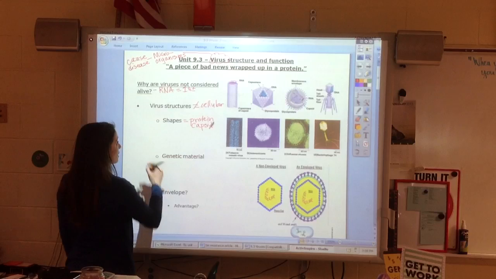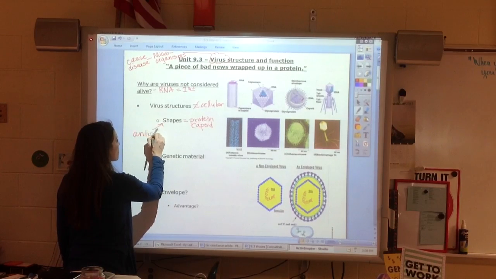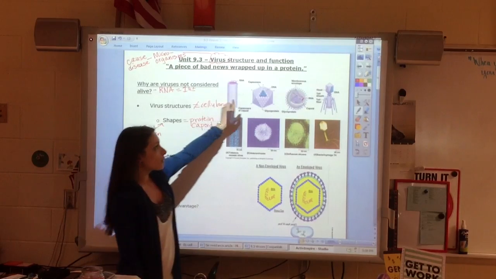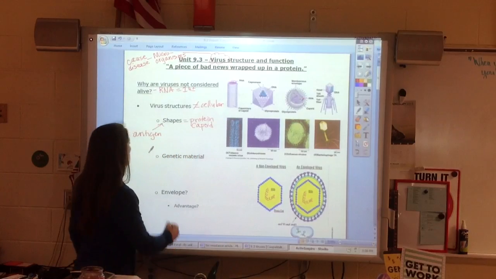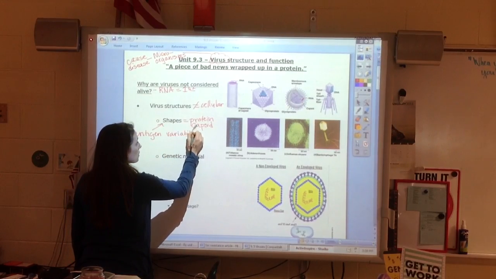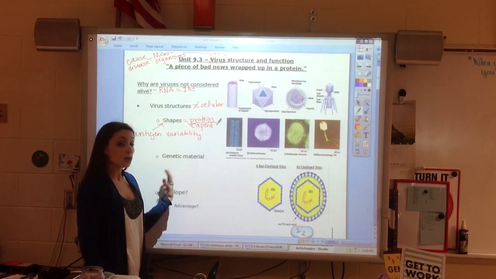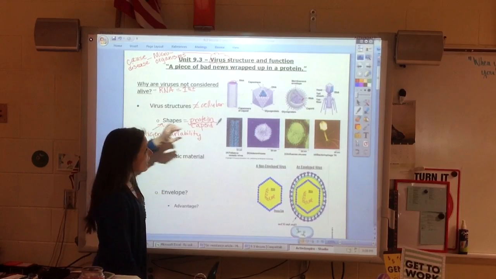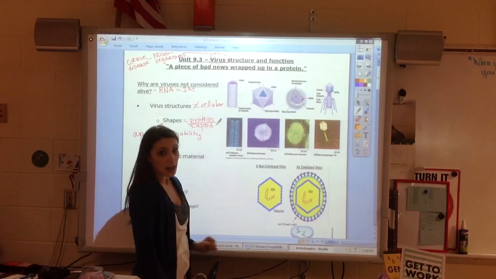Looking at them, we can see that these shapes are going to be part of what we consider to be the antigen. Depending on the shape and depending on what's on the surface of that shape, we are going to see antigen variability, because if it's a protein, it's actually coded for by something. So viruses basically have a protein coat called a capsid and a nucleic acid.